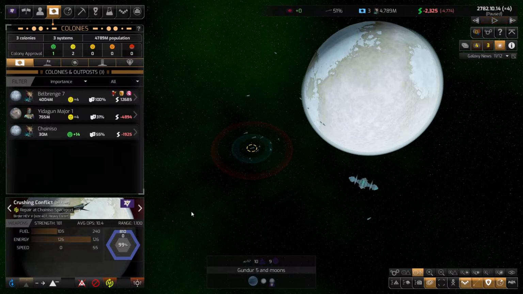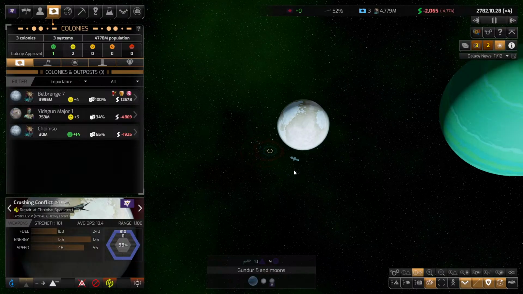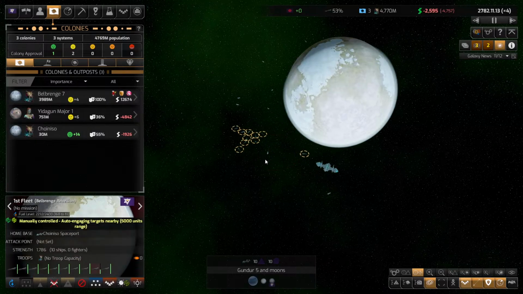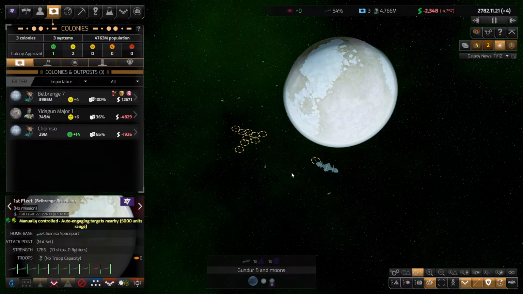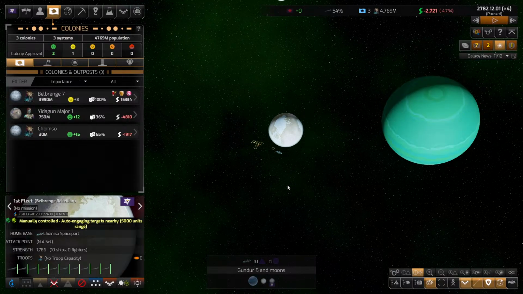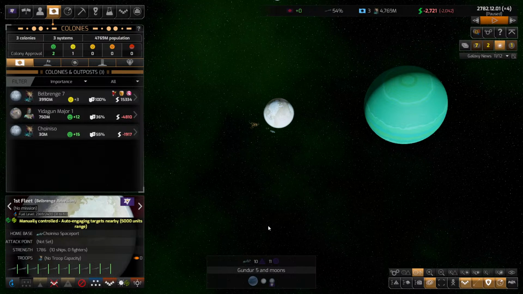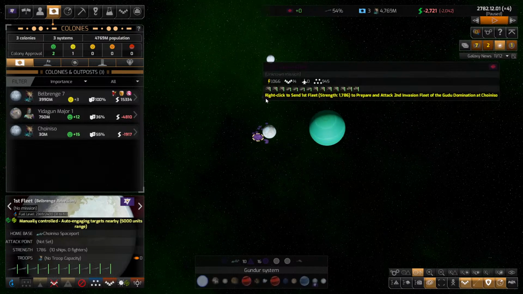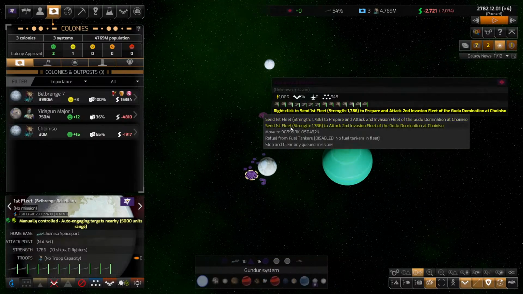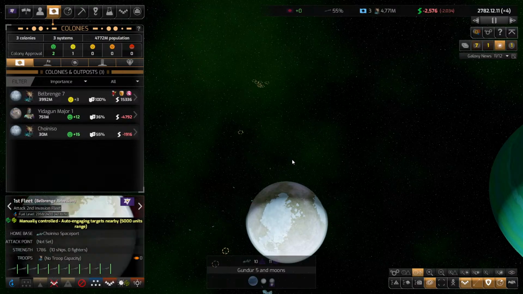Why aren't you repairing, dude? See any pirate ships here? Good job. Did I see a troop transport? I think I legitimately saw... Yeah, they have a fleet right there. All right, well... Well, let's see how this goes. Our ships are relatively strong, so...